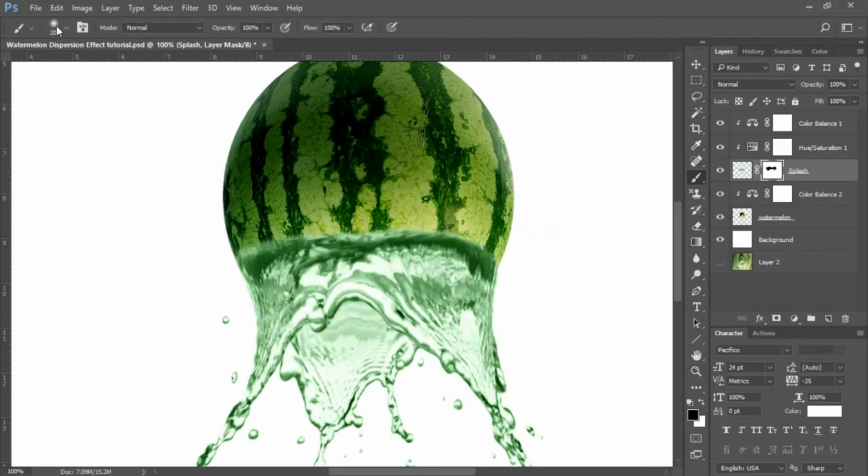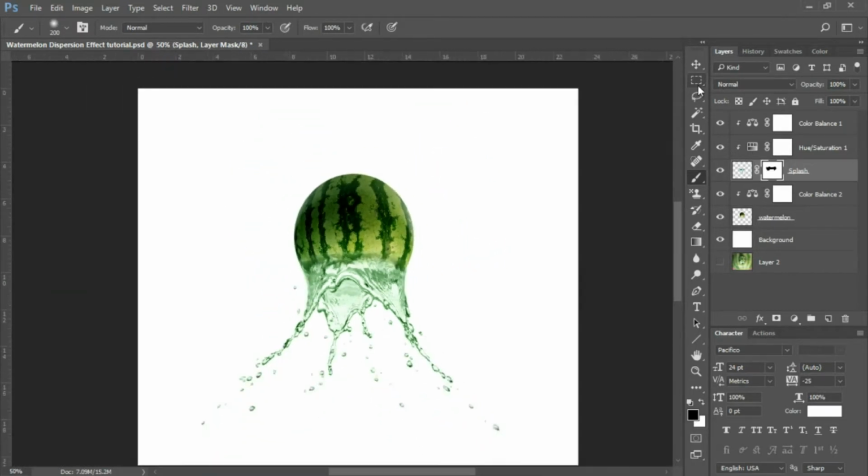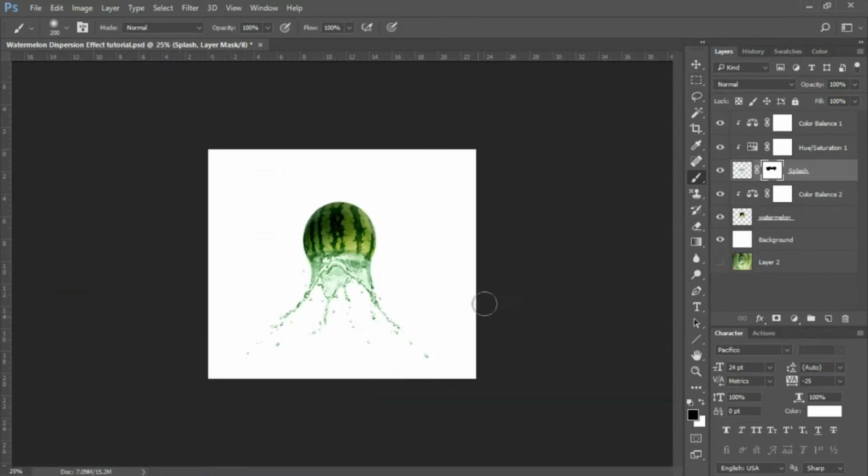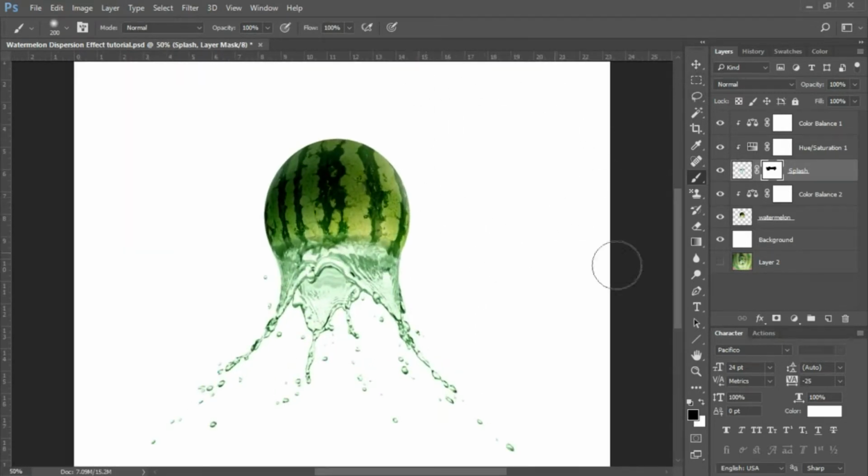I have my brush set to 200, and I'm going to just continue to mask out a bit here. Just clicking here and there to create a more natural blend. I think that looks better there. There we go. Now when you zoom out, yeah, I think that's a much more natural effect there. Alright. So now that we have